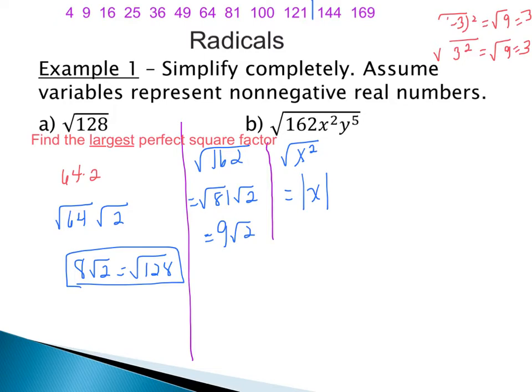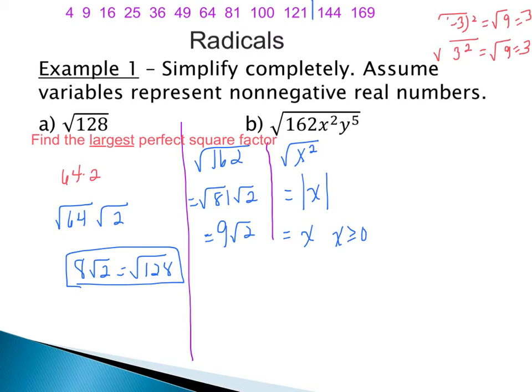So when we're taking the square root of x squared, this actually comes out as an absolute value of x, saying that the inside could either be a positive or a negative number, like we have with the positive or -3. With this problem and with most of the examples that you're going to end up seeing, the directions are really important because it says assume the variables represent non-negative real numbers. So we can actually say that the absolute value of x is equal to x, since x has to be greater than or equal to 0 because of the directions.